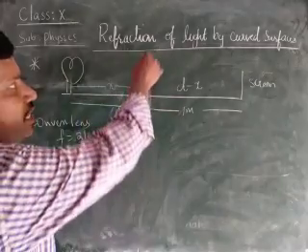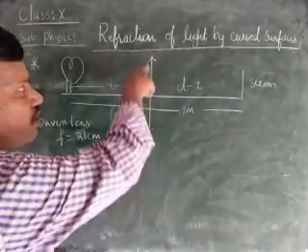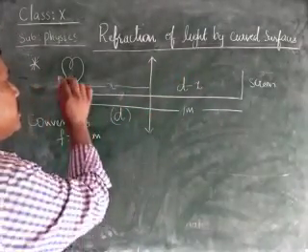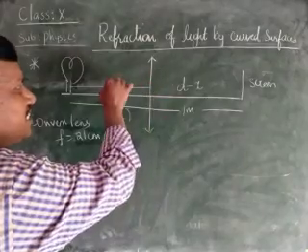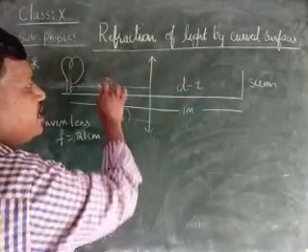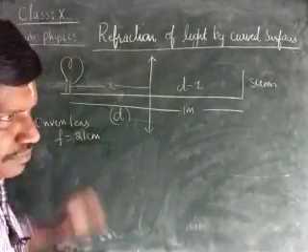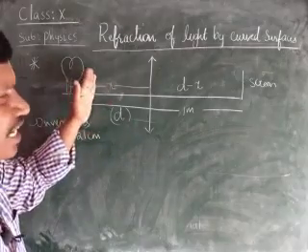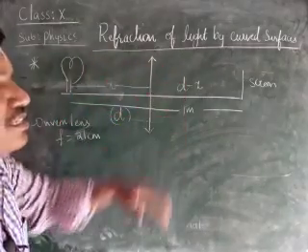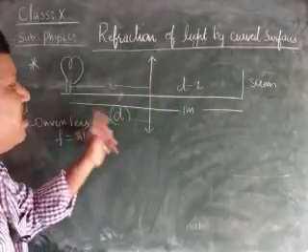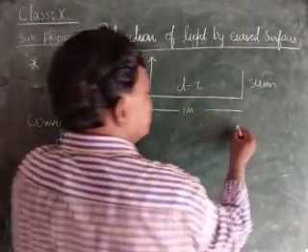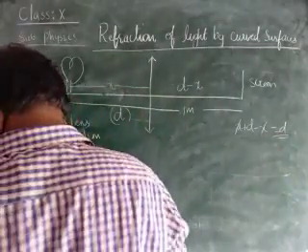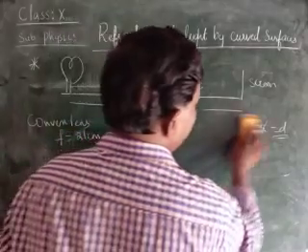I think you got the idea. Here he is asking at what distance the convex lens should be placed in order to get a sharp image on the screen. Therefore, I am taking the distance between the lamp and the lens as x centimeter. The total is d, here it is x, so the remaining will be d minus x. Let us take an example: if the total is 10 meters and this part is 3, what is the remaining? 10 minus 3 is 7, because 3 plus 7 gives 10. Here x plus d minus x gives d only, children. For that reason I have taken this as x centimeter and the remaining as d minus x.